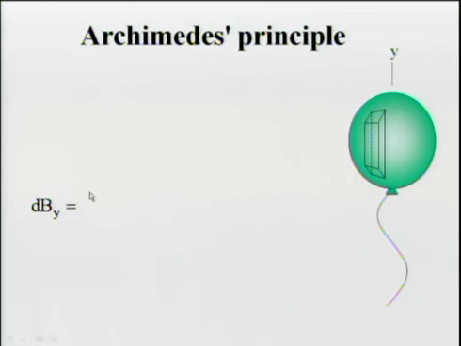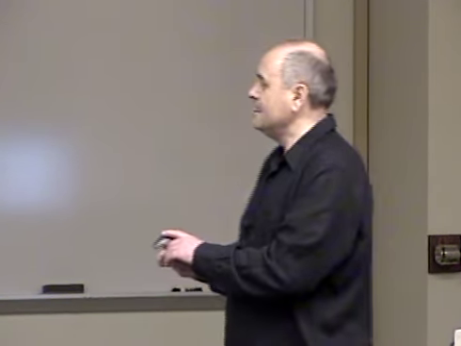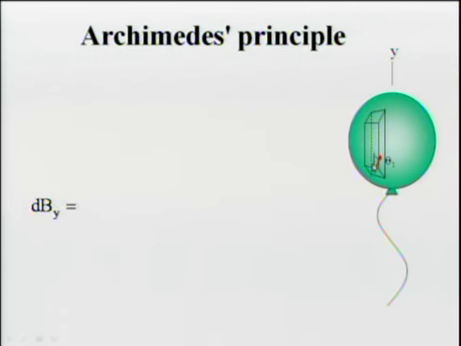So I'm starting now with a symbol dBy. What does it stand for? This is the, how did you call it? The buoyant force. Not the buoyant force. I want you to call it properly. dBy, and this symbol, when it is written in this way, represents what? The Y component of the buoyant force. Correct. It is the Y component of the buoyant force. All right. Well, there is a force. It is not the buoyant force, by the way. It is the force which is exerted by the air on this fragment. It's perpendicular to the surface.